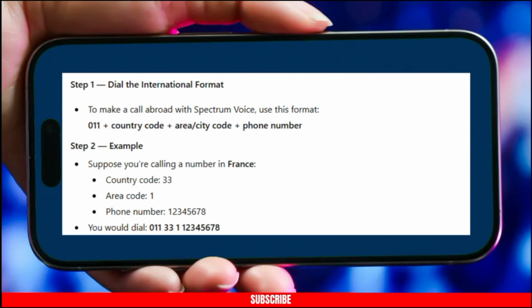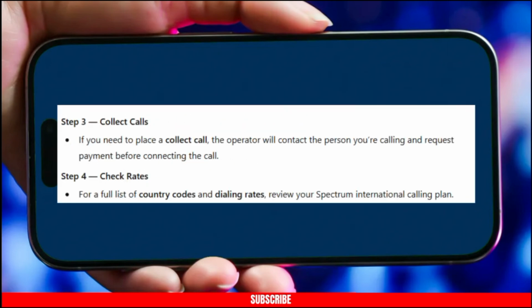Use this format. Dial *011 plus your country code plus area city code and then phone number. Suppose you are calling a number in France. Their country code is 33 and area code is 1. The phone number is 1234567, so you have to dial 0113311234567. Then collect calls. If you need to place a collect call, the operator will contact the person you are